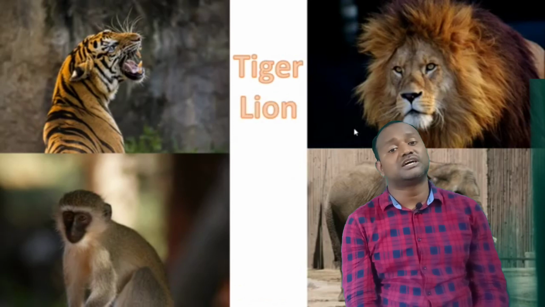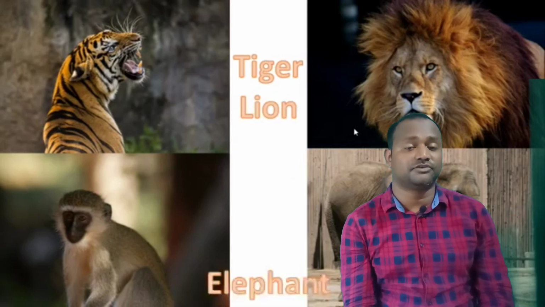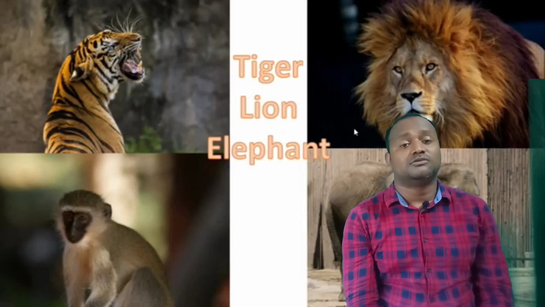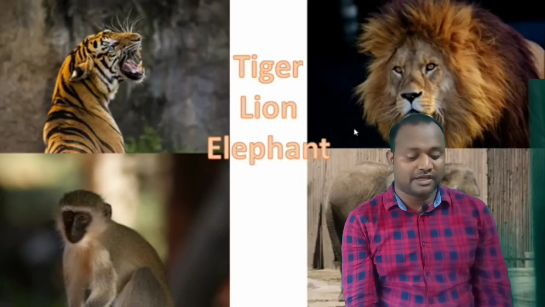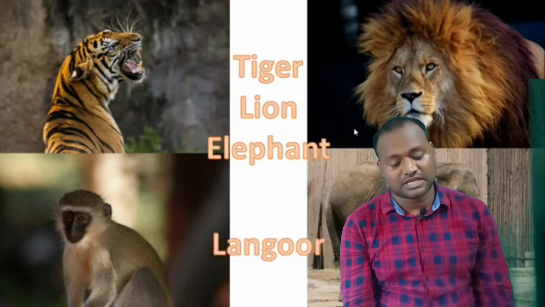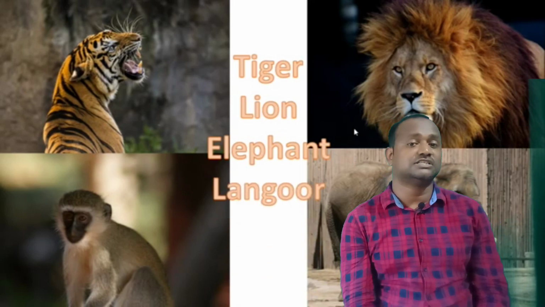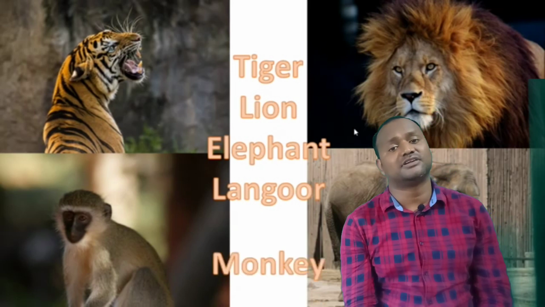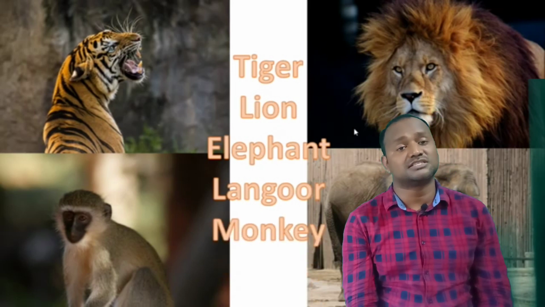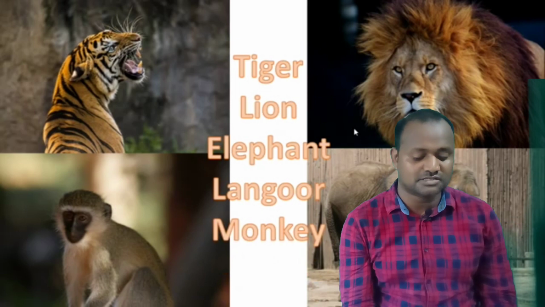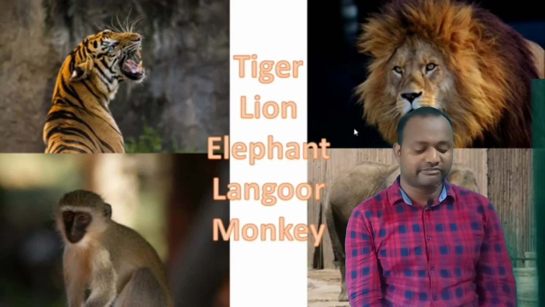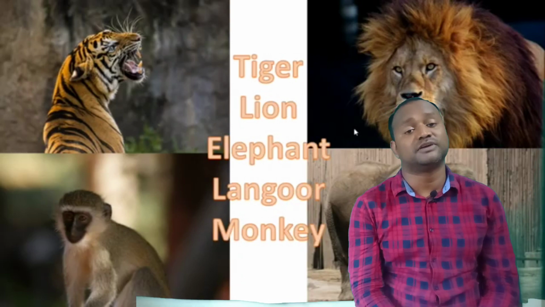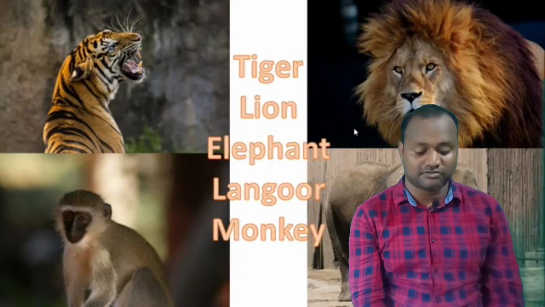Students, the trees which are found in the tropical deciduous forest are mango, mahua, sandalwood, neem, banyan. Okay, these are the trees which are found in this type of forest. Except that, these forests are also found in Pakistan, Brazil, Bangladesh, East Africa, Sri Lanka and Vietnam. These are the countries where we have the tropical deciduous forest.